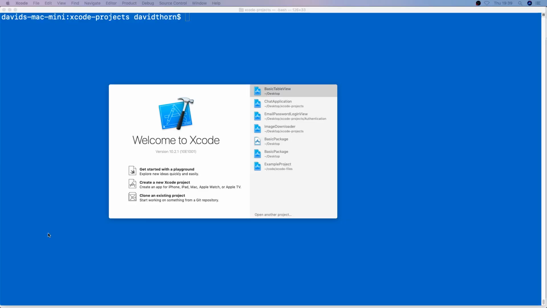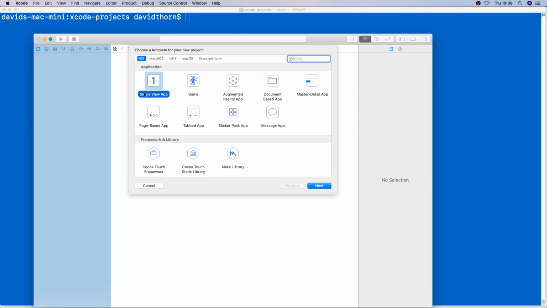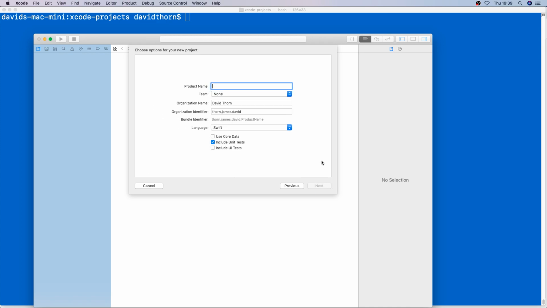My name's David Thorne. In this video we're going to be talking about custom UI table view cells inside of a UI table view with Swift using Xcode. So let's get started. First thing let's do, let's just create a new Xcode project and just create a single view app, and we're going to call this then